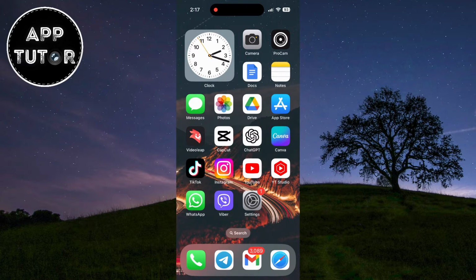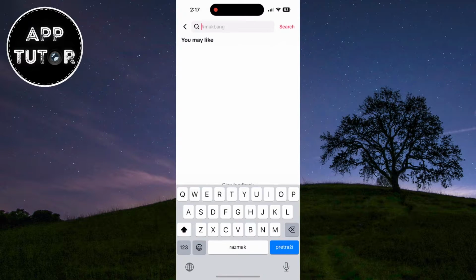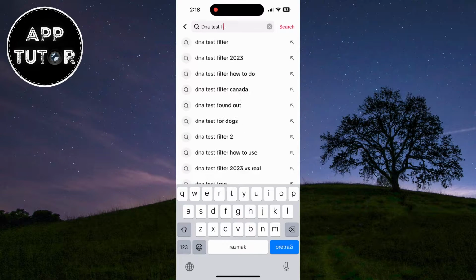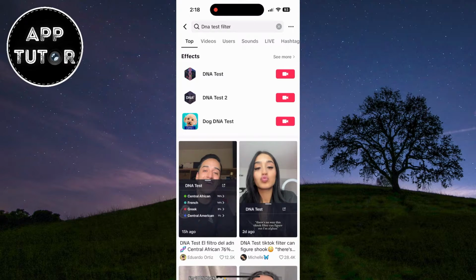And if your app is updated, you can open it and then click on the little magnifying glass icon at the top right corner of the screen in order to open our TikTok search. We want to type DNA test filter and then search for it. You will get a couple of different filters in the search results, and we want to click on this DNA